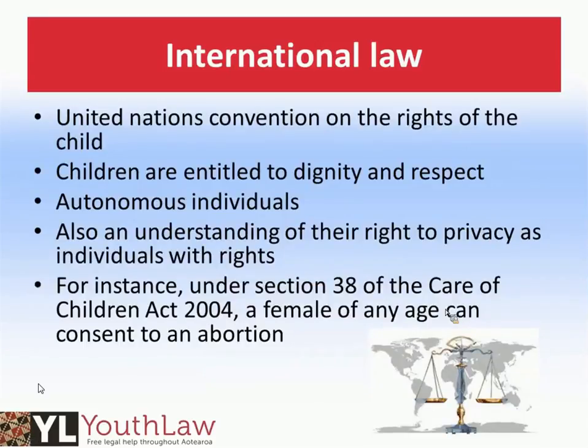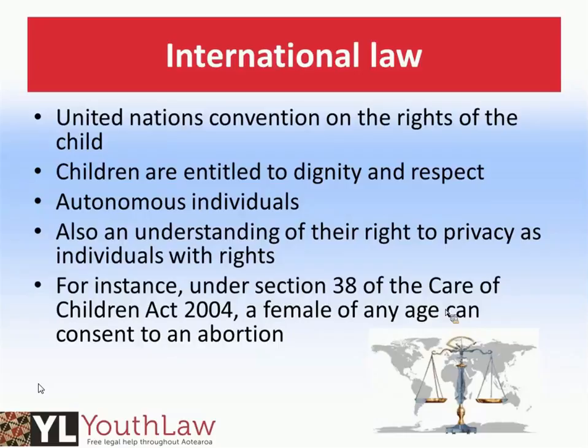Also important in the context when we're talking about young children is the United Nations Convention on the Rights of the Child, otherwise known as UNCROC. Those who've tuned into our earlier webinars will remember I talked about UNCROC in the context of the right to education and the right of young people to have a voice, but also there's an understanding within the convention that young people have the right to privacy of their own matters as well. So this becomes quite relevant when we're talking about whether or not, for instance, a staff member at school is sharing private information about a young person with an external agency or otherwise.